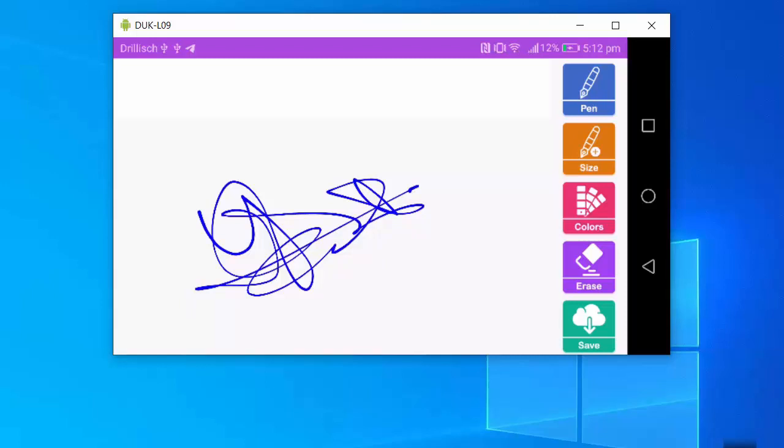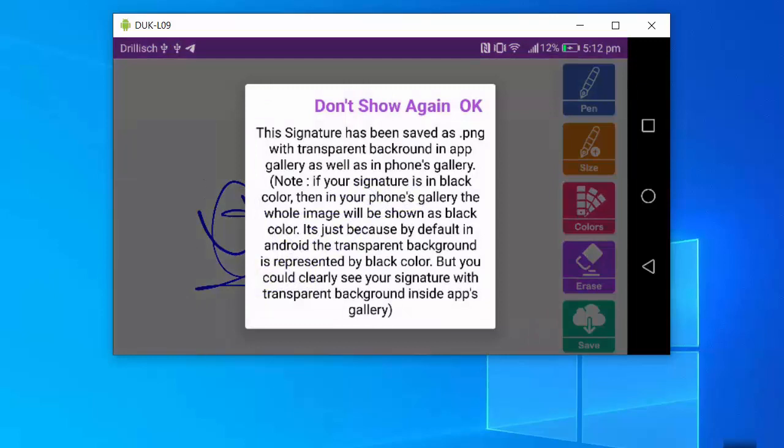Pressing save is going to save my signature into the gallery. You can see it says the signature has been saved as a PNG with transparent background in the app gallery as well as the photo gallery, so you can find the signature in either one. I'm going to click on OK.